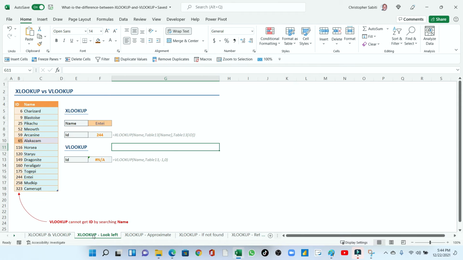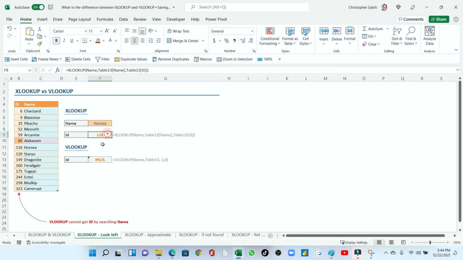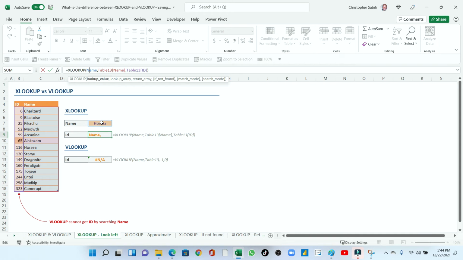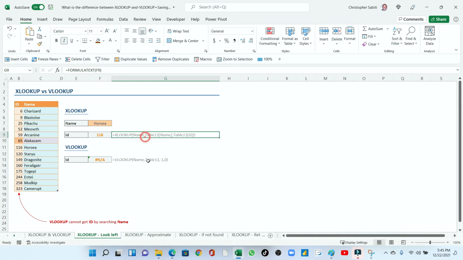So we go to the next thing, that is XLOOKUP looks up on the left. I've already shown you this, that here we are looking up the name, and we have the ID on the left. I've already told you that with XLOOKUP it is fine, you're going to get it. You're looking up this name, the lookup array is column C, that is the name, and you're returning the table ID column, which is on the left. Very okay with XLOOKUP, and that is the syntax.